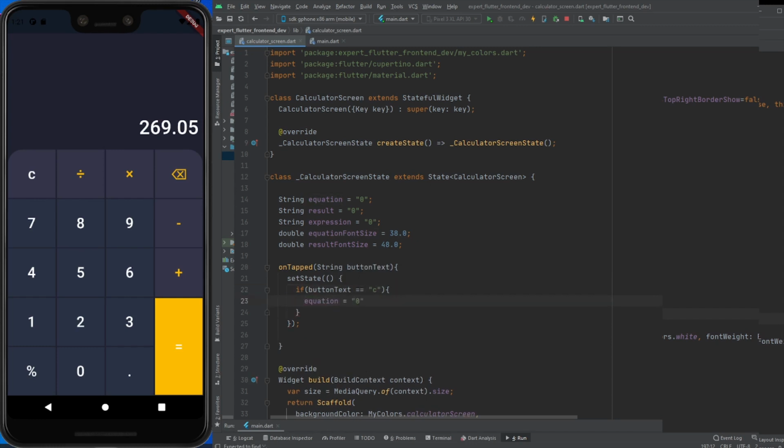If button text equals C, the equation value will be 0, and the result value will also be 0, and equation font size should be 38, and result font size should also be 48.